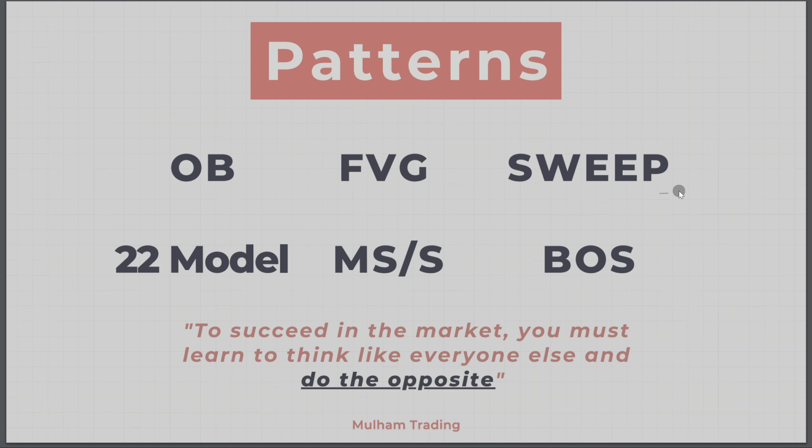Sweep, we're always looking at a high or low to be swept. Totally a pattern, without thinking about which one we should look for and which one to avoid. The 2022 model, that's an obvious and very clear example of a pattern. That's all you're looking for, is something that looks like this. That's everything. And I see a lot of people on Twitter just advertising it as a pattern with no experience involved, with no context involved, and it's not going to work this way. Market structure shift, same thing.